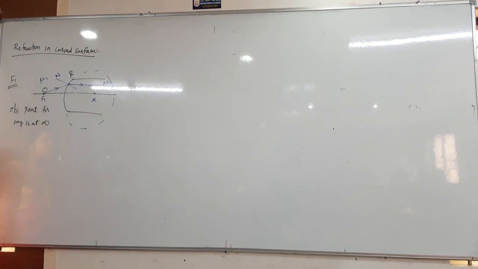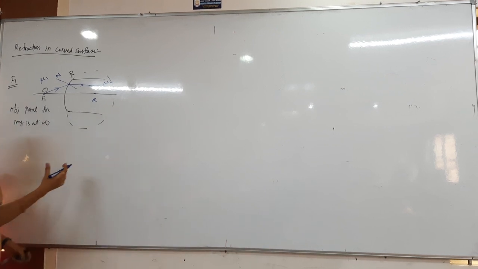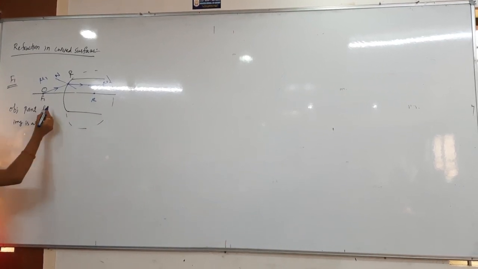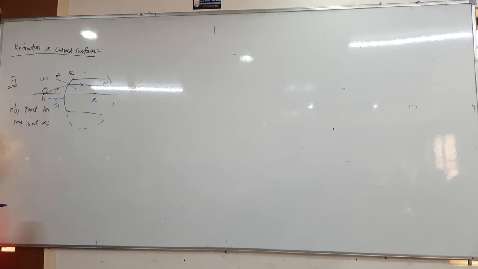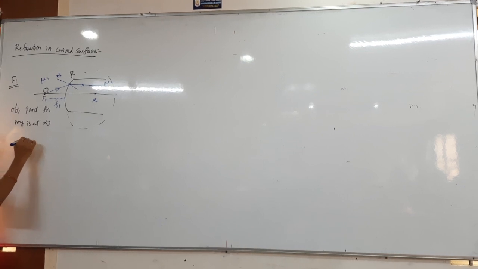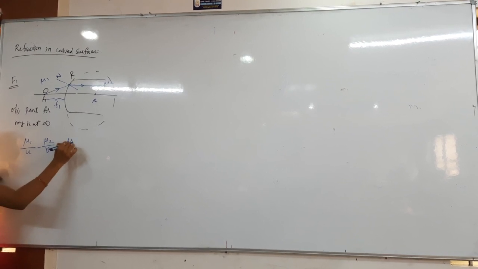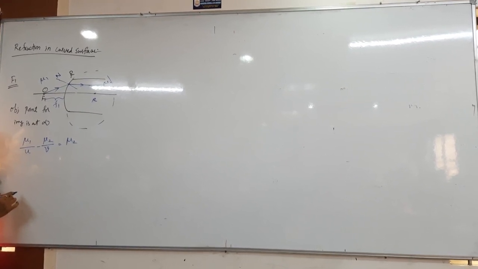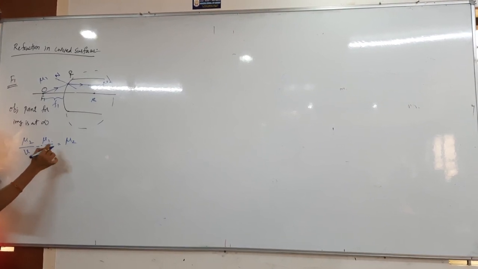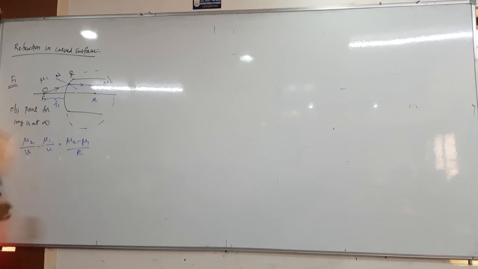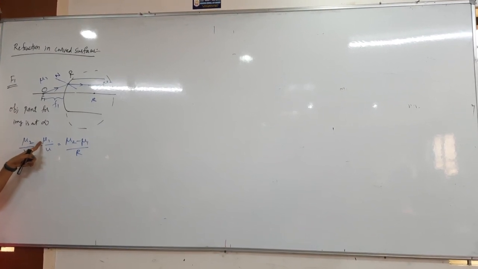Clear? Next is focus 2. Here we will also discuss the final formula. Focus 1 also we will find. This distance is known as the focal length F1. You have to find that F1 value. For that, first of all, we take the refraction formula: mu2 by v minus mu1 by u is equals to mu2 minus mu1 by r. mu1 is the object medium, mu2 is the other medium, not the image medium, the other medium.